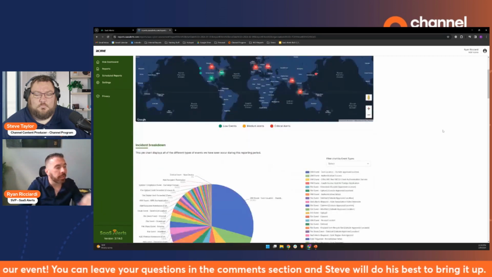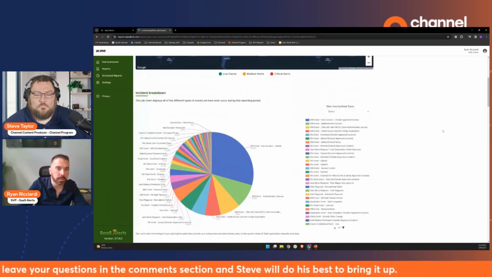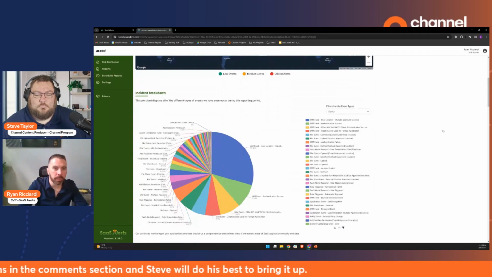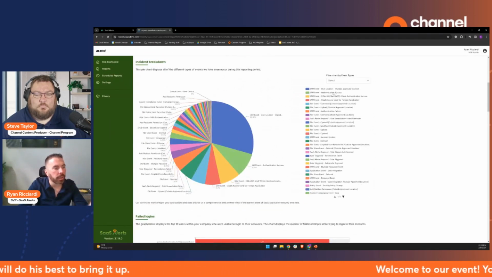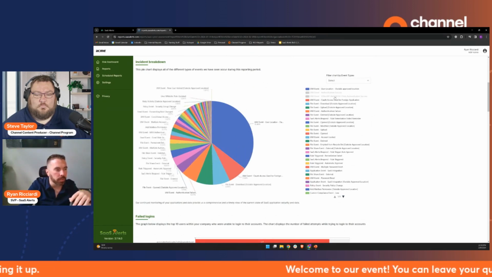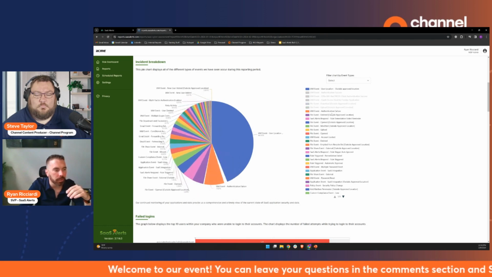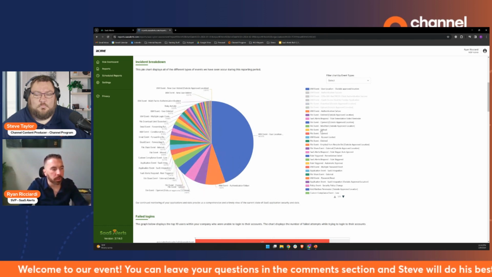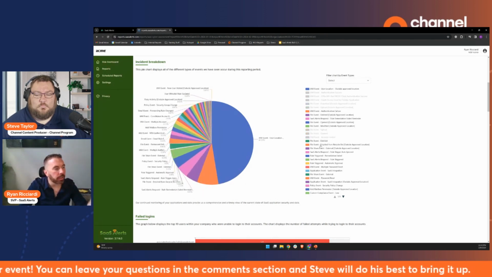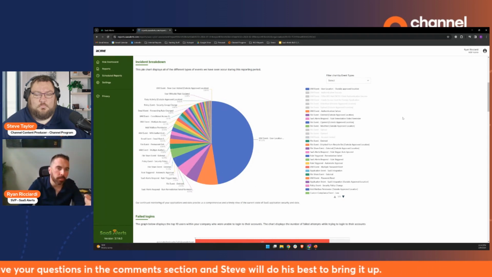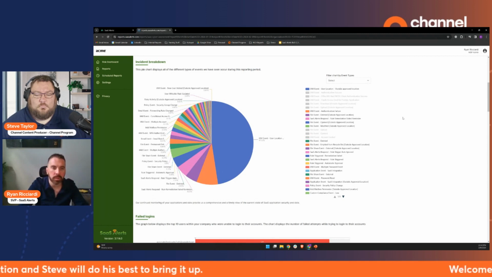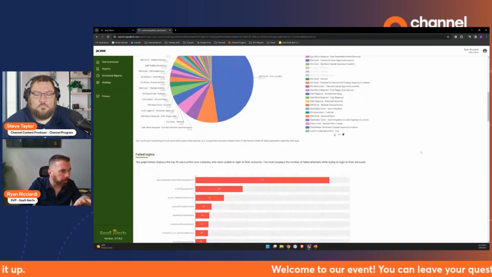But this one gives you, hey, here's what a month in your business looks like. There were 19,000 login events. People were logging in. People were moving around from Teams to SharePoint. People were linking to foreign applications, downloading stuff, uploading stuff. These are all of the things that occur for your company. And if you want to sit there and monitor them, fine, but that's 20,000 things you've got to look at a month. Or we can do it for you. We can secure these things, and we can knock this down to just the things that warrant your attention.